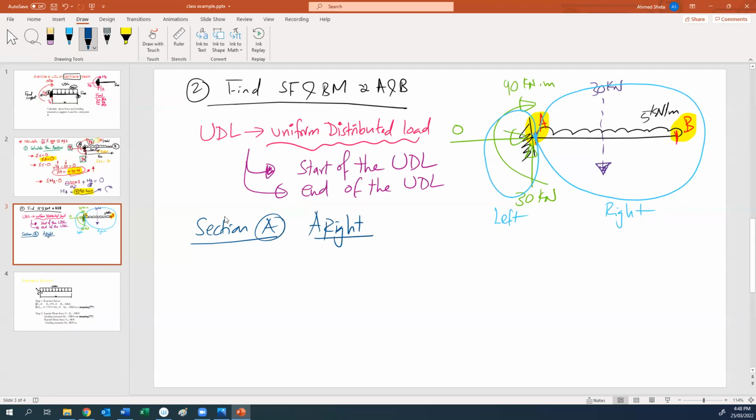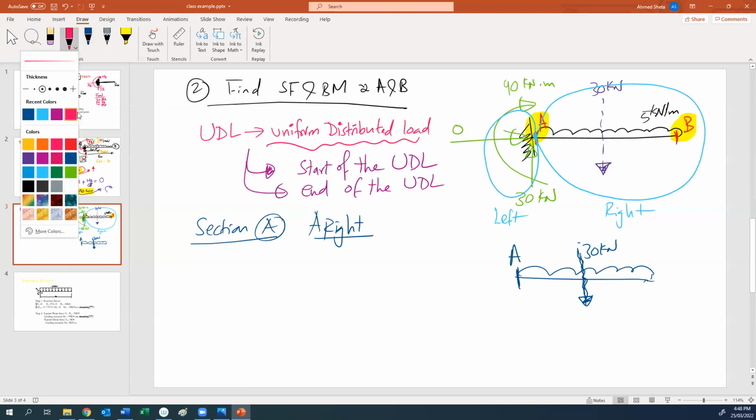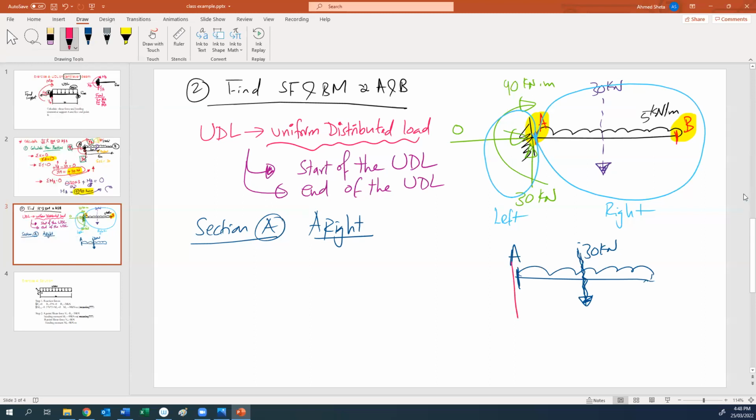Section A from the right: if I cut here at A, this is the load we have, 30 kilonewton. Do we have any other forces at this section? Only this one. And when we cut at A, what will we find at A? We'll find that we have shear here, QA, and a moment here, which is